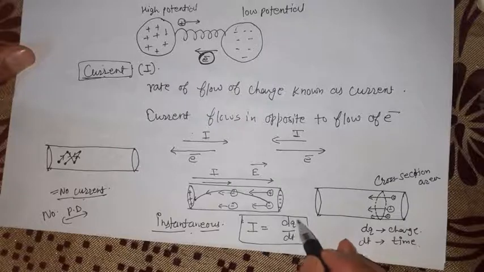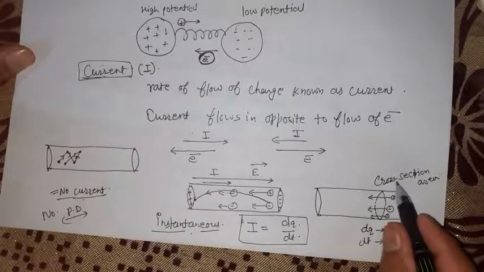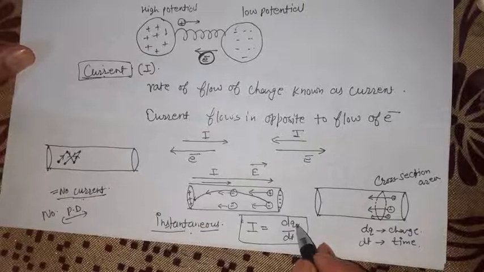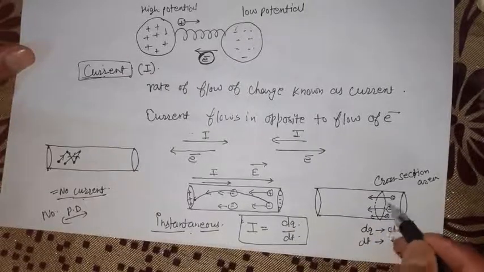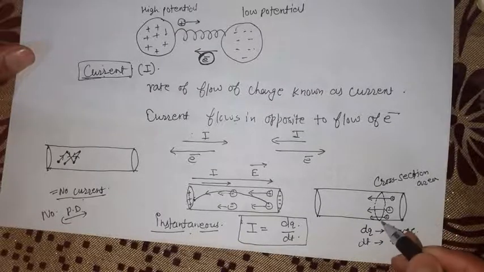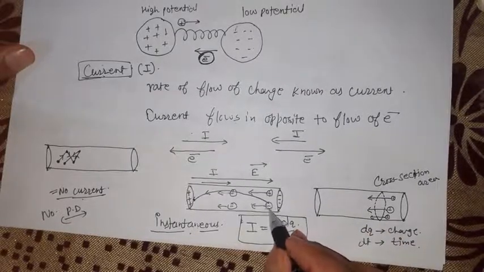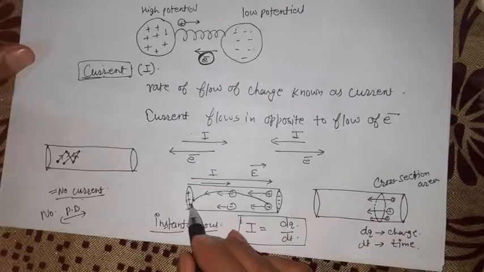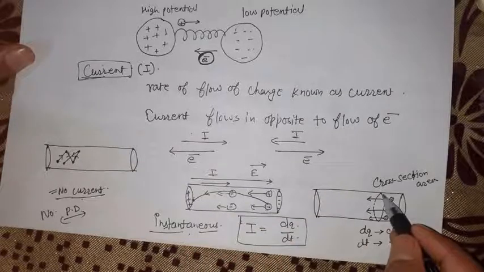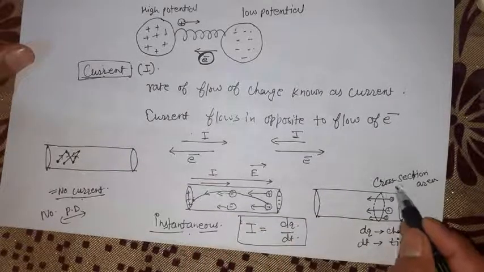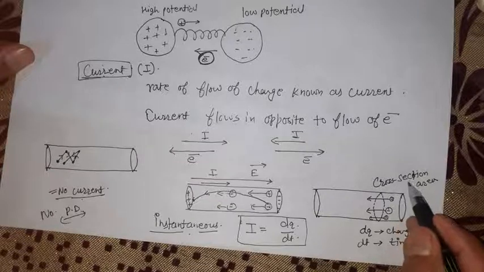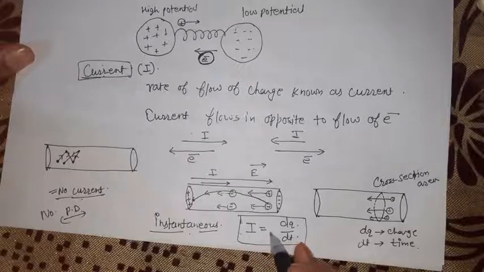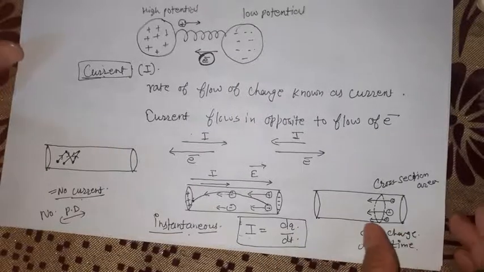So it is how much charge is going to pass through this given cross section in that given time. But remember that we are using this specific area. We are not saying that this electron will start its journey from this one part to another part. Therefore, we are specially using that small area through which this electron is going to pass. So the instantaneous current is the rate of flow of charge.